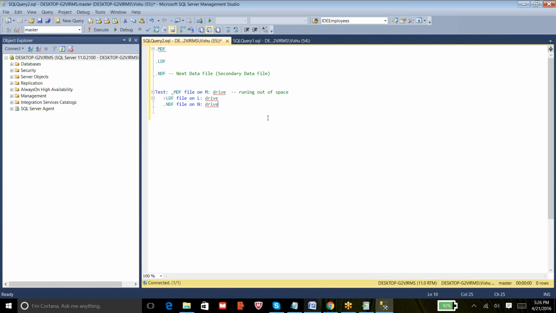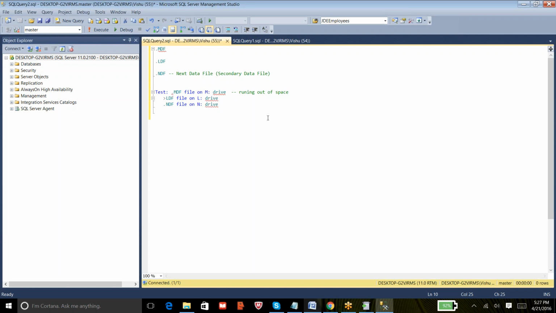Even if it responds, it would be very slow because all 10 people are accessing the same file on the same drive. So instead of that, I can copy that file onto a different drive and ask you to browse half of them on C drive and half of them on D drive. There you can get better performance because you are distributing the load on the drives. In the same way, instead of keeping all the tables data in one MDF file on one drive, we can distribute the tables across two files, maybe 10 tables in the MDF file and another 10 tables in an .ndf file, and these two files are on different drives.